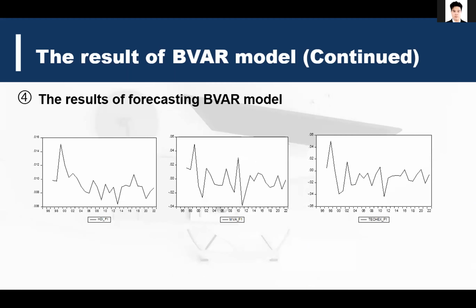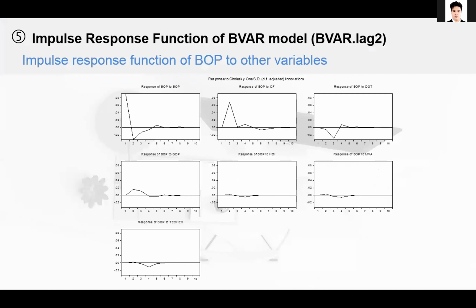As the figure shows, we can see that all variables change over time. Here is the forecasting result from this analysis. So here is the impulse response function from the variables that I studied. The Bvar impulse response function